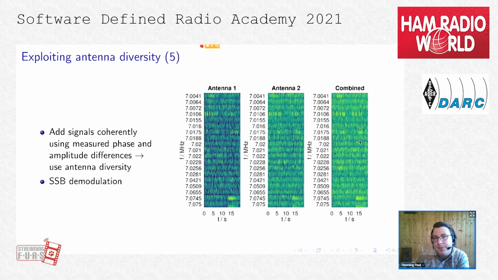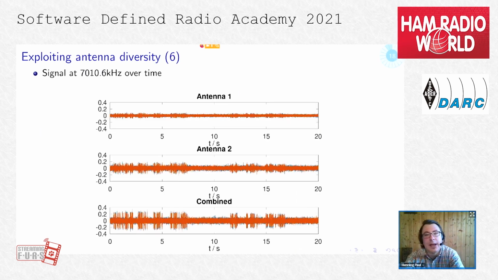And you see also that the received signals from the different antennas look different, of course, from the combined one. The combined one is obtained when you add these stations individually with the corrected amplitude and phase. And on my last slide, which will be the next slide, content-wise, I will show you how this will look then in the time domain. And this is how demodulating this particular station looks in the time domain.